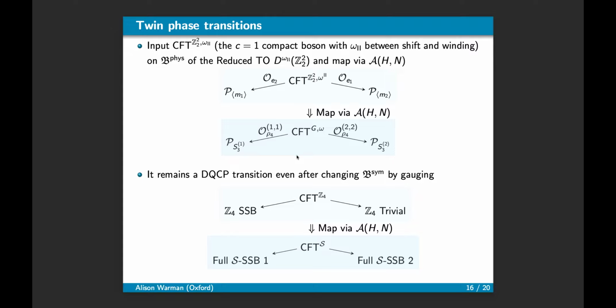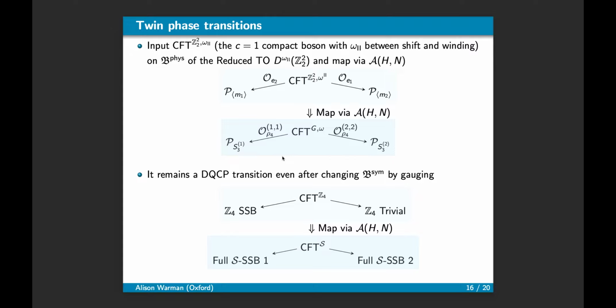Okay. Now, interestingly, although this D2CP transition for Z2 squared with mixed anomaly can be gauged to a Landau transition for Z4 symmetry, if we do this gauging, and then we map it again across the interface, this now becomes, again, a Landau transition, because from the point of view of the full CTFT, the phases on the physical boundary are twins. So if we do it in this case, we actually get a phase transition between two full SSB phases for